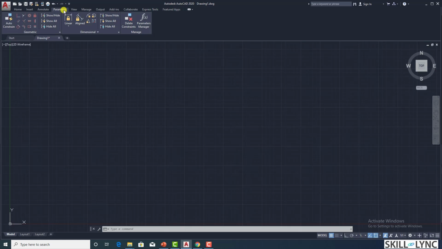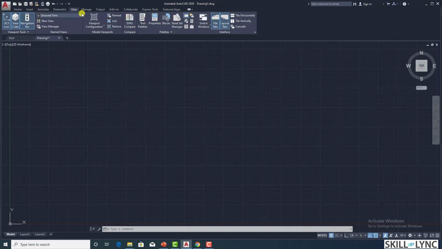Constraining means even the length is constrained within this boundary, so that you'll get a warning message saying that no, it is exceeding, so you have to revise it. So like that, setting a constraint for the design also helps when you are doing advanced drafting. And in the View menu, you can control the way you view the file, view the layouts and all, and control the icon description, the navigation bar and so on.